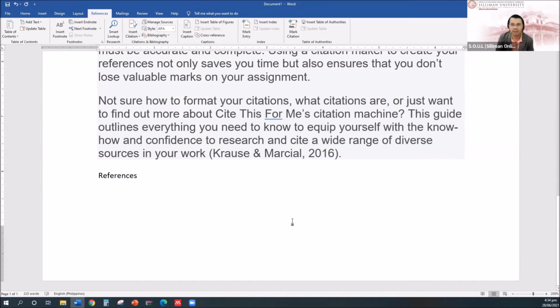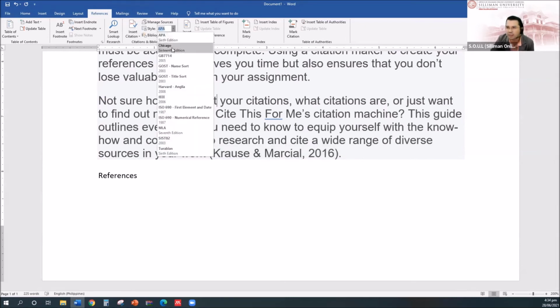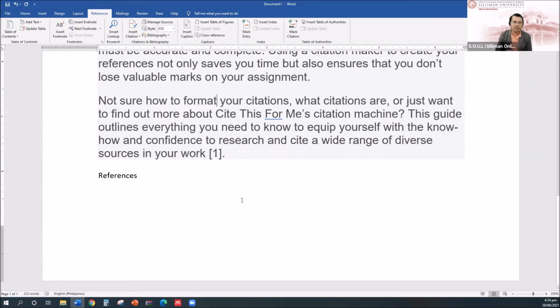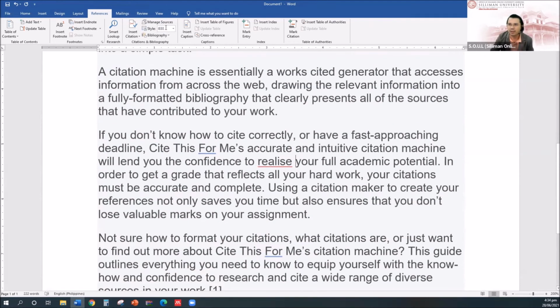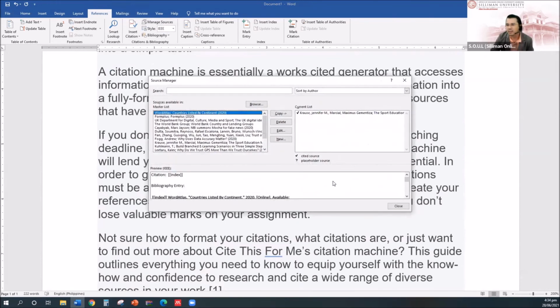Nga? And you will not think, ay sir, hindi pala APA. That's no problem. All you have to do is to just change this, and then let's say for example IEEE, automatic na siya na change, and you don't need to think na ano nang mangyayari sa order kasi automatic siyang mag-o-order. Let's say for example I added another document, assuming this one is cited in this paper, I'll just have to put it there,